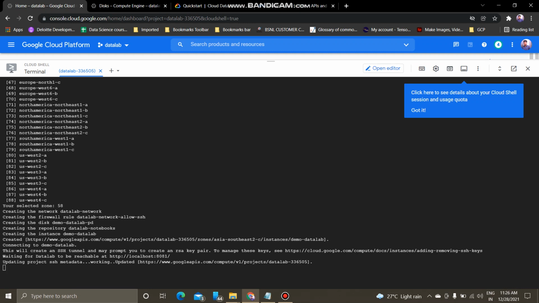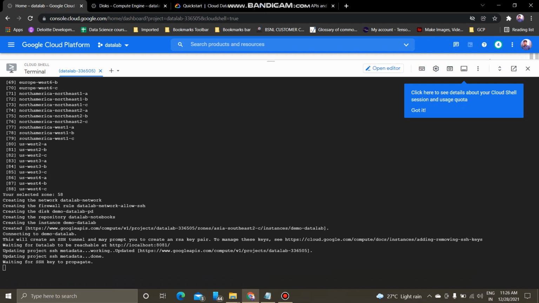We are waiting for the SSH key. The script will try to create an SSH tunnel to our Data Lab instance to make the Data Lab web server available using this Cloud Shell preview. This is taking some time, so we can wait for 30 or 40 seconds, and if it is not resolved, then press Ctrl+C and come out of this connection.